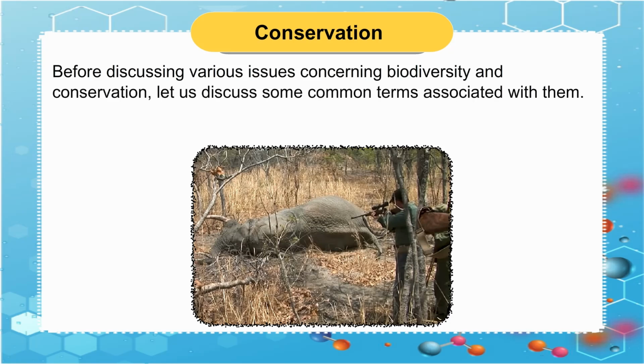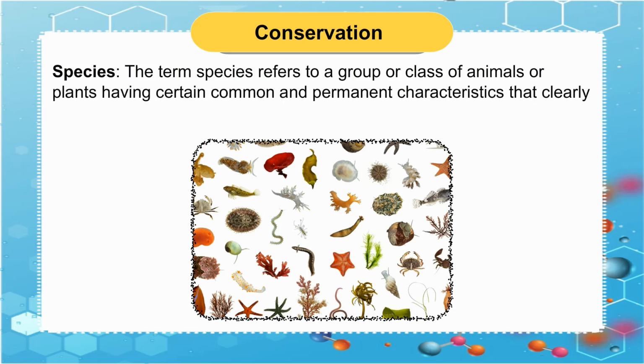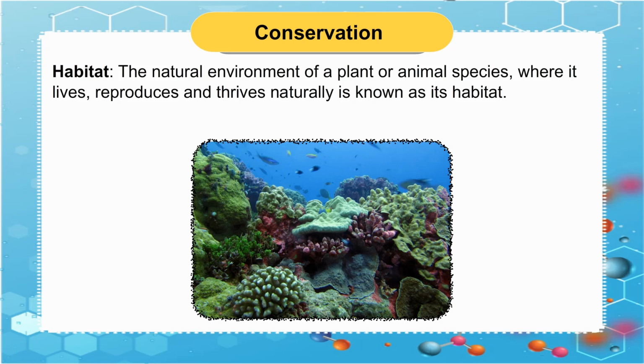biodiversity, and conservation, let us discuss some common terms associated with them. Species. The term species refers to a group or class of animals or plants having certain common and permanent characteristics that clearly distinguish it from other groups. Habitat. The natural environment of a plant or animal species where it lives, reproduces and thrives naturally is known as